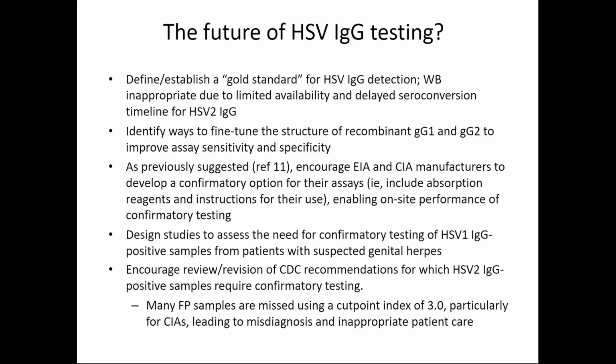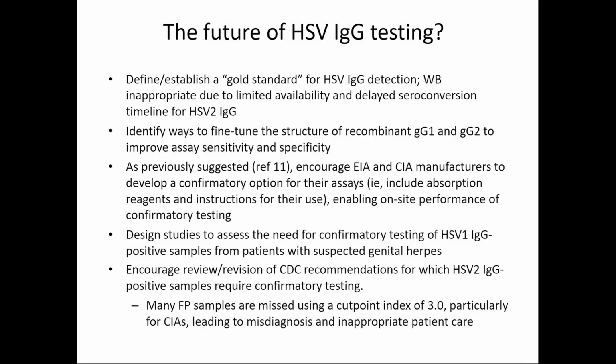assay sensitivity and specificity. And as previously suggested by the group that looked at multiple CIAs, we need to encourage both EIA and CIA manufacturers to develop a confirmatory option for their assays. That is, include absorption reagents and instructions for their use, enabling on-site performance of confirmatory testing. And based on the new information that came from that recent study about HSV-1 IgG, we need to design studies to assess, determine if there is really a need for confirmatory testing of HSV-1 IgG positive samples from patients with